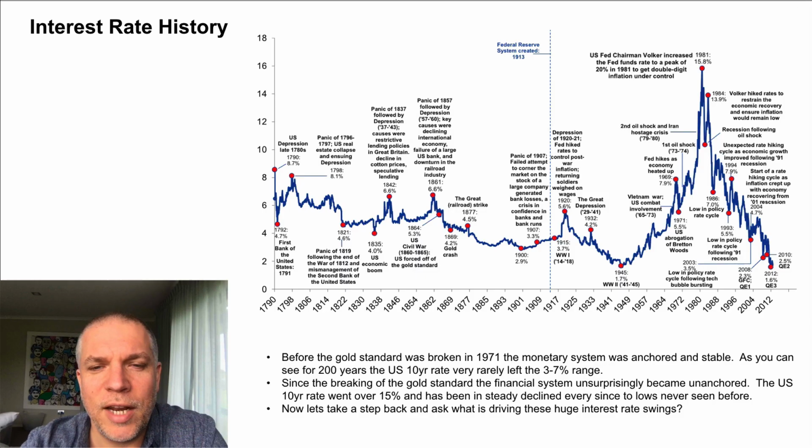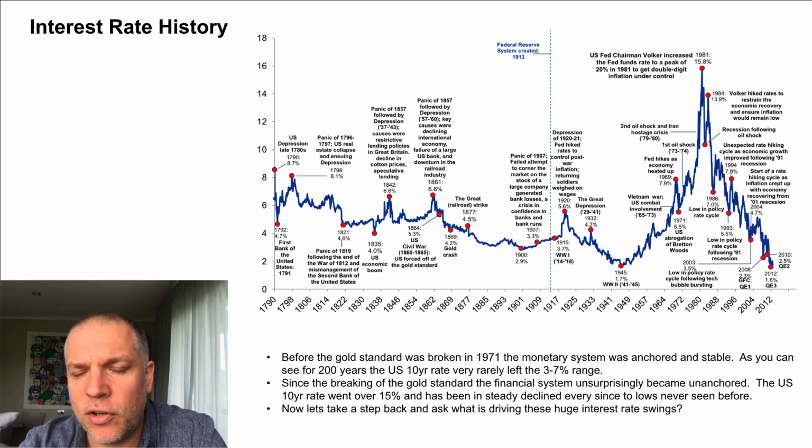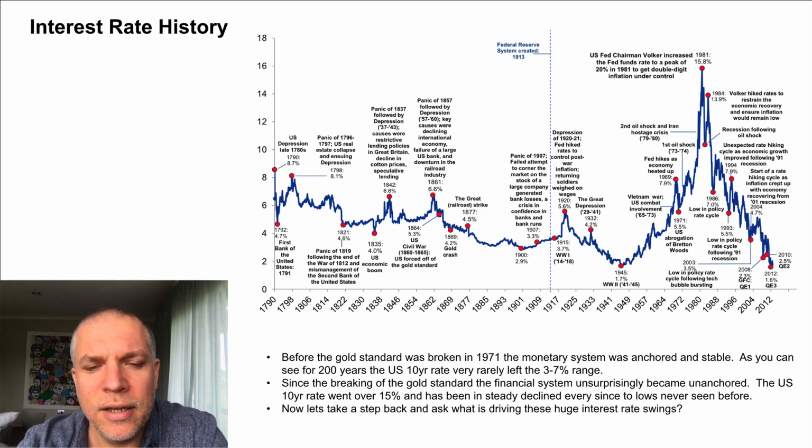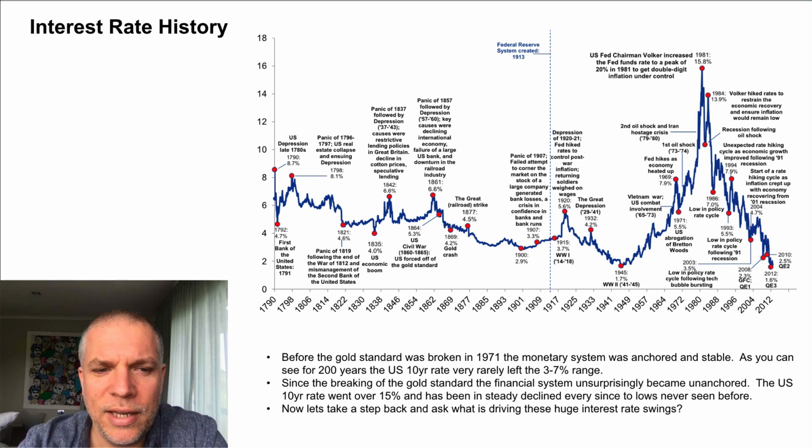The first chart I've got for you here is the US 10-year rate. In my view, this is the most important data point there is in finance. If you understand what's going on with this yield curve, it helps you explain all asset classes, the price of all asset classes. Everything benchmarks off this. Everything is a spread to this. It tells you the value of the money and how to discount all future cash flows in any asset. So it's really key.